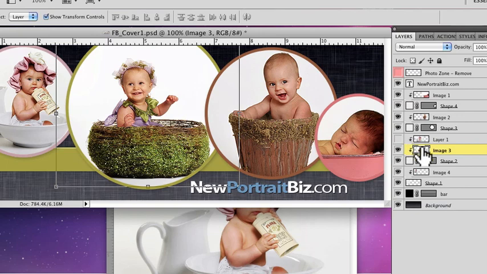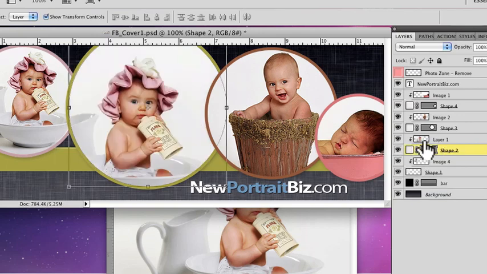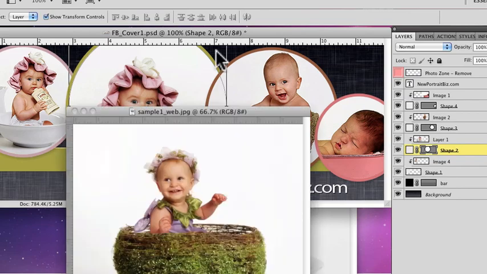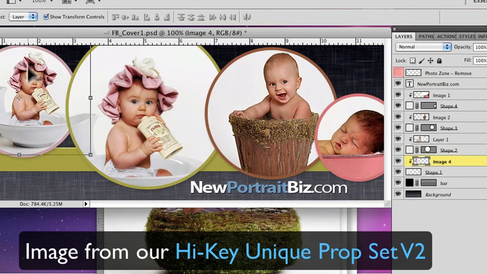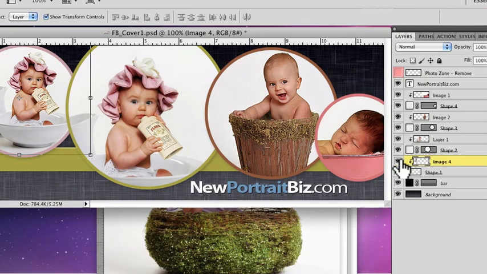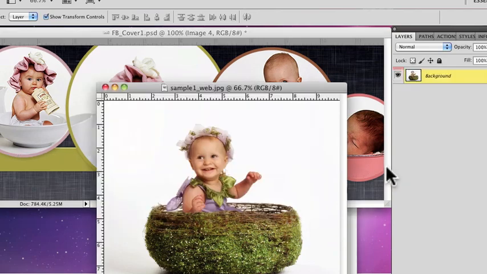You can just delete it if you want now, and you won't even see it because you have this layer here. Let's just do it with another one real quick. Let me open up this one now, and I'll put this one over here in this spot. All right, so I'm over here now, and this one here was image 4. All right. And I'm just going to basically make sure that I'm clicked on that, and then I'm going to